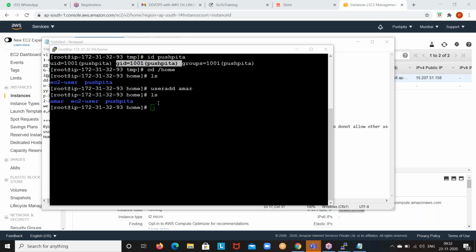Okay, this is about user management: how to create, how to change the password, what things you will get as part of a user. As I told you, how to log in we will discuss in later classes, because there is some configuration you have to modify. Then only you can log in. You cannot understand right away, and I don't want to confuse you guys, so I don't want to show it right now.